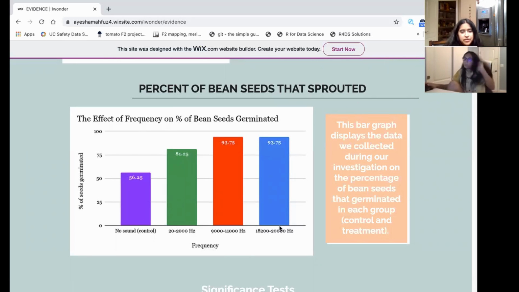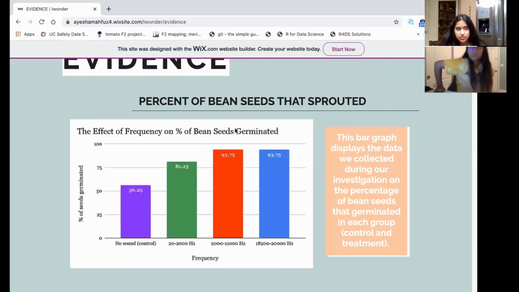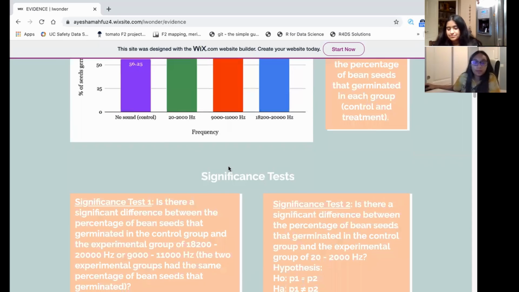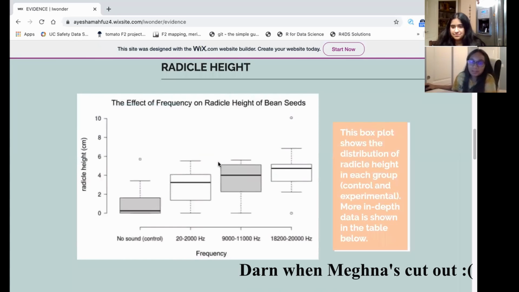Okay, and if you want to see those pictures in depth, you could look at the URL and go to the website. And these are our graphs. So this is the effect of frequency on the percent of bean seeds that actually germinated. As you can see, with no sound it's a lot lower, 56.25%, compared to the higher frequencies. Okay, and then the box plot, we both made a box plot that shows